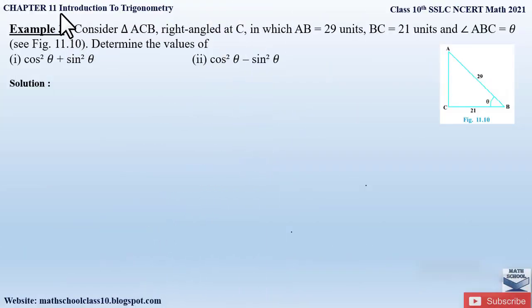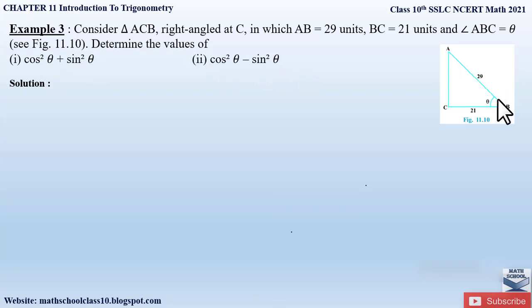Example 3 from chapter 11, Introduction to Trigonometry says, consider triangle ACB, right angle at C, in which AB is equal to 29 units, BC is 21 units and angle ABC is equal to theta, as shown in the figure 11.10. So we have to determine the values of cos square theta plus sin square theta. That is the first part of the question, and the second part of the question is cos square theta minus